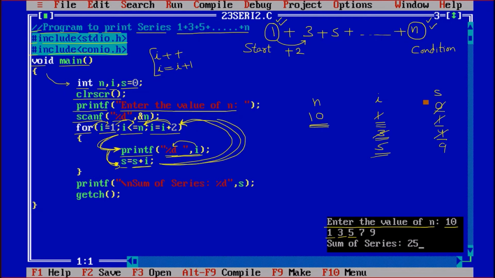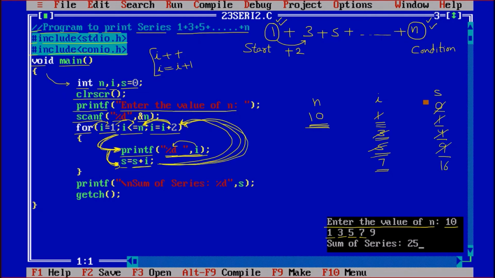Coming back, i = i + 2, so the next value is 5 plus 2 is 7. Checking the condition, i <= n, so 7 <= 10, yes. Coming down, printing i, 7 is printed. s = s + i. So 9 plus 7 is 16.